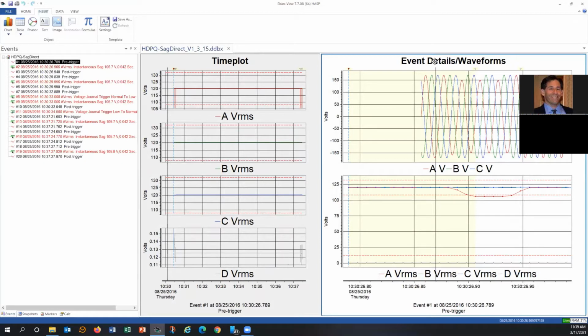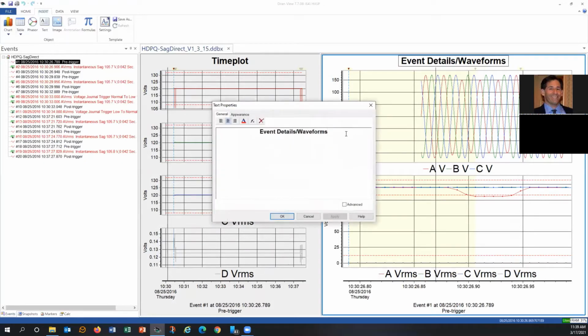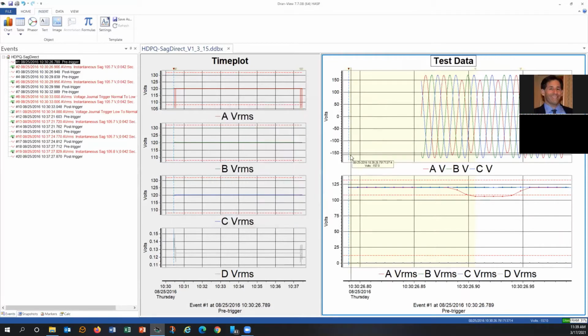So as an example, I'm going to double click over here under the event details, and you can see it has the default text as event details. So I'm going to just call this test data, just for lack of anything better, and just say okay. Now you can see it's test data. If I want to change the legend here on channel A,